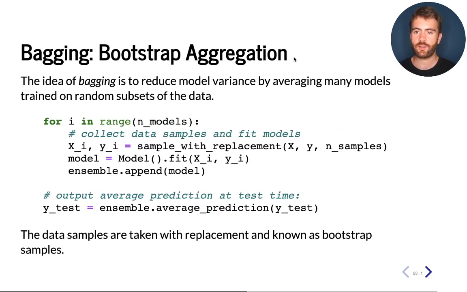So how can we reduce overfitting, and how can we reduce this high variance behavior? The idea of bagging is to reduce this really large variability in the space of models by averaging many models that are trained on random subsets of the data. The term bagging stands for Bootstrap Aggregation. And Bootstrap samples are samples that we obtain from our training set by subsampling random parts of this data set